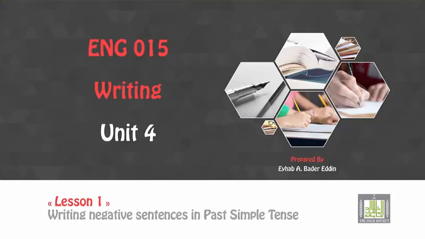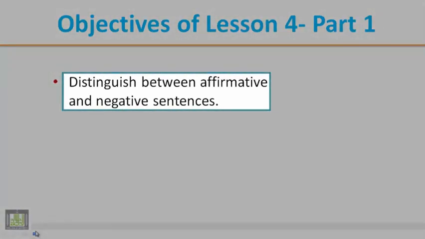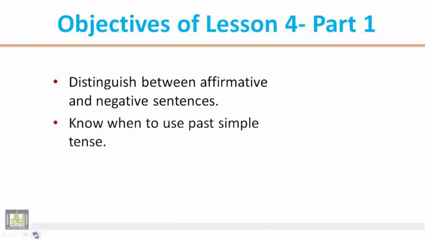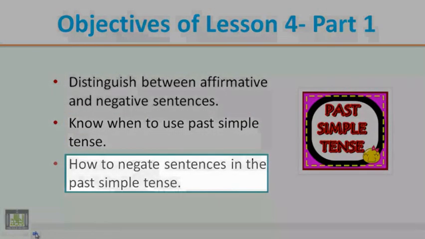As usual, the objectives of this lesson are as follows. Number 1, to distinguish between affirmative and negative sentences. 2, know when to use past simple tense, and how to negate sentences in the past simple